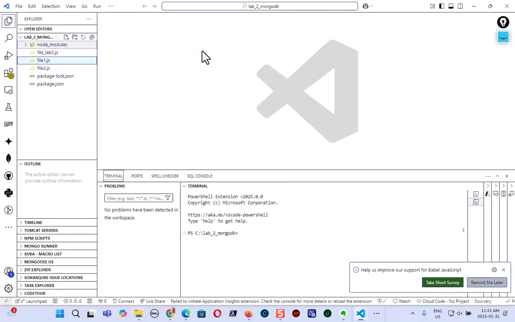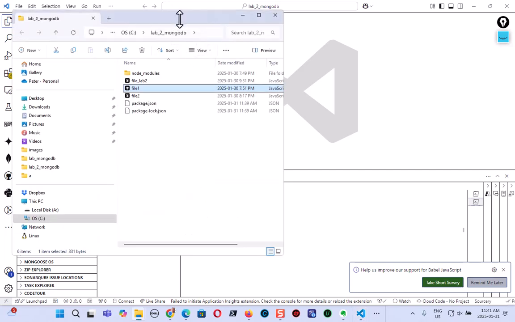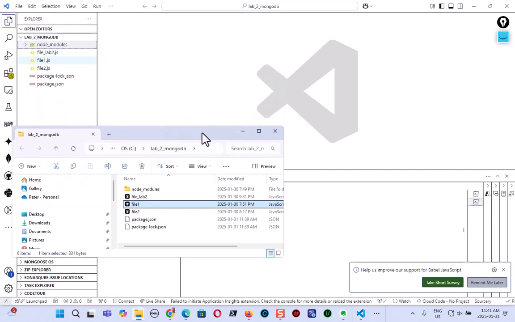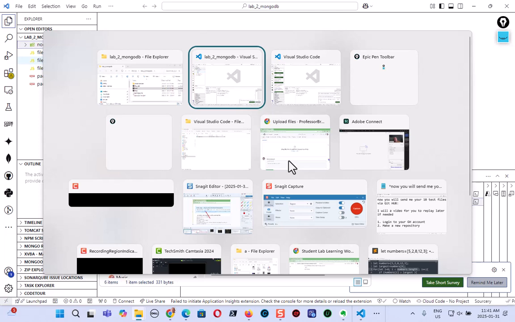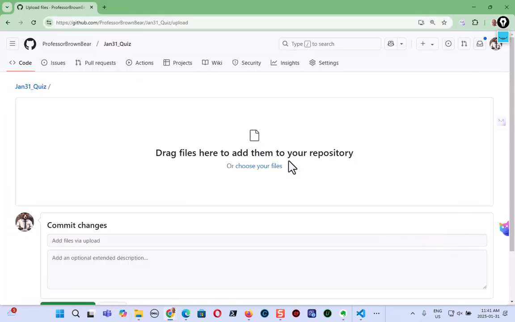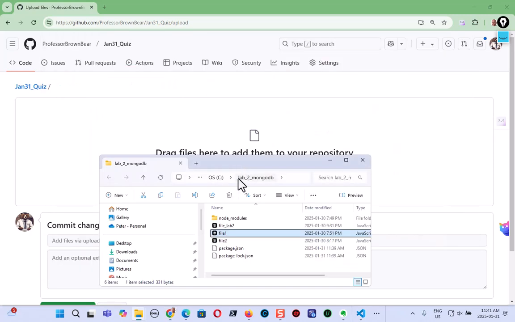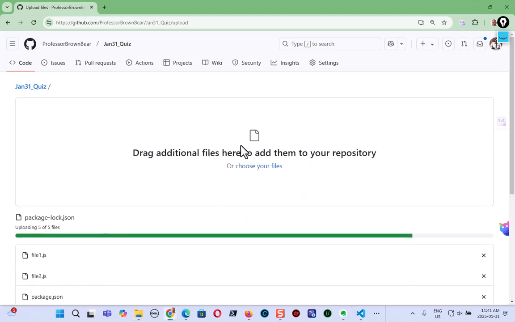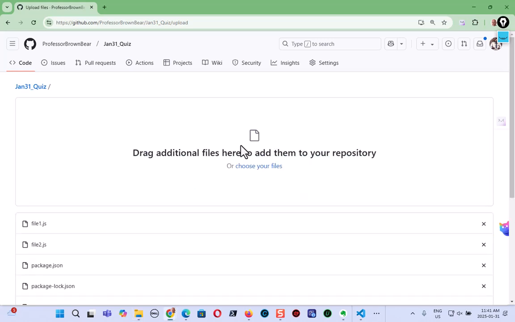So now I want you to drag those into your GitHub. So you do this for your own test files, right? Your own 10 test files. So there's our GitHub, and it says drag your files here. So go to your directory, drag all 10 of your files, click and drag, and let them release there. And then